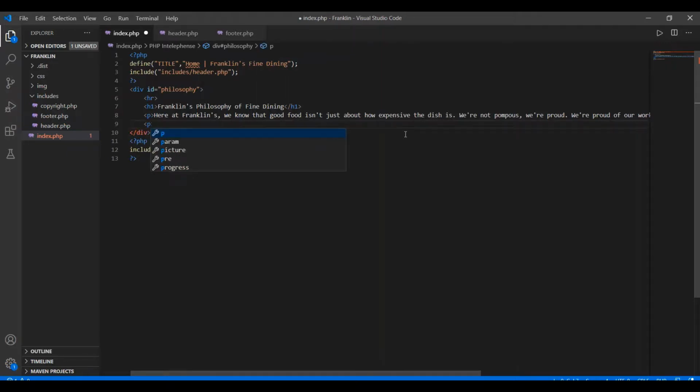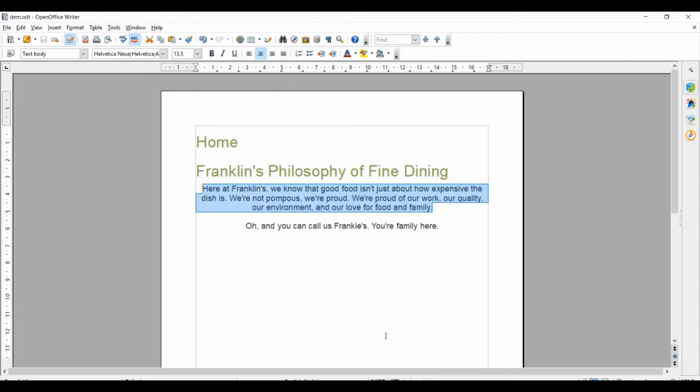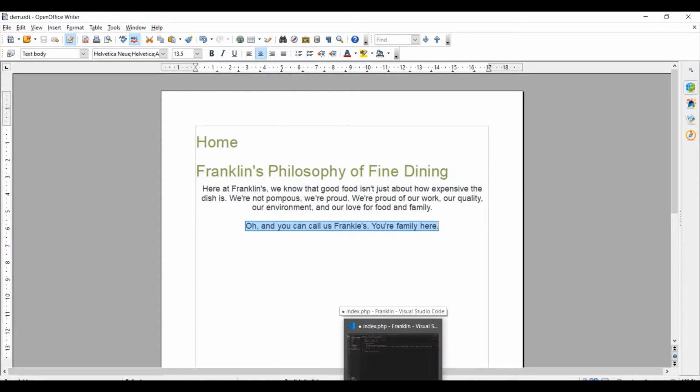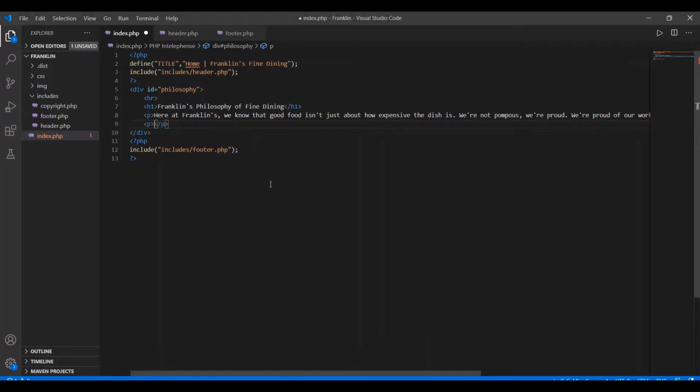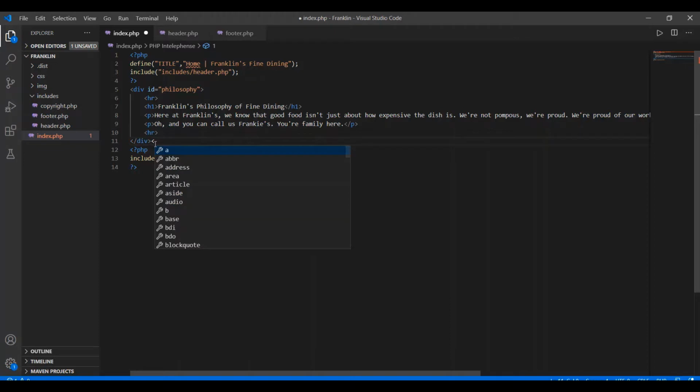I'm also adding one more paragraph, with some information about Franklin's home dining, and here I'm marking the end of philosophy.